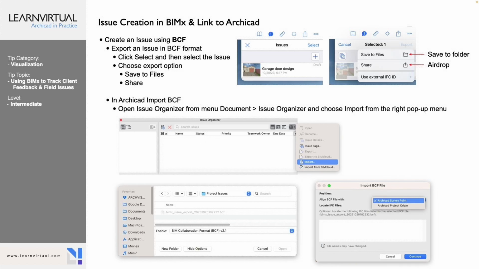In ArchiCAD, once that's done and that BCF file has been saved, you're going to go to ArchiCAD and open up the Organizer from the Document menu, then the Issue Organizer, and choose Import from that little sprocket at the upper right corner and click Import. I'm going to locate that BIMx issue export, which is a BCF,